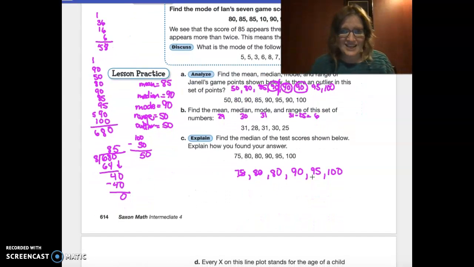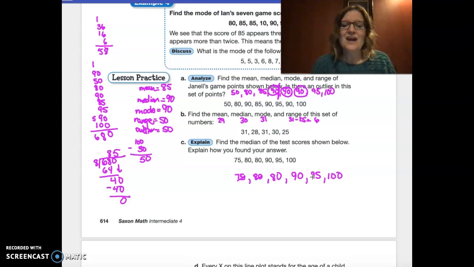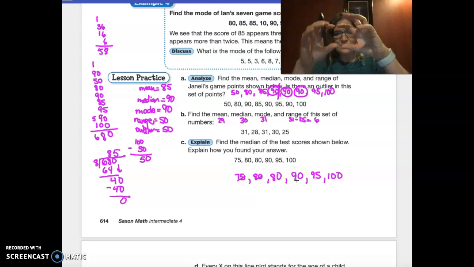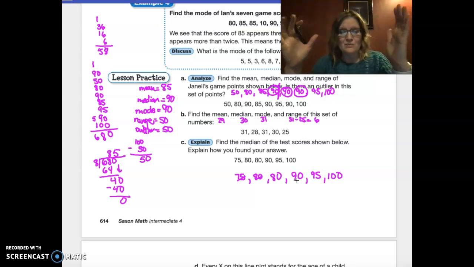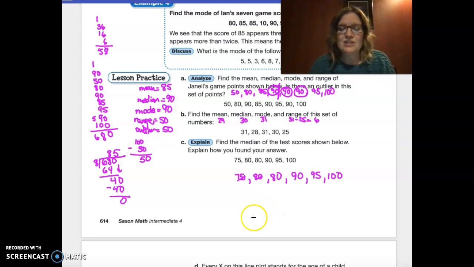On letter C, it says find the median of the test scores shown below and explain how you found your answer. We have this slew of numbers. It's an even set, so there isn't one number that's parked in between. If there's an odd numbered set, then we're great. We just use that odd number. But in this situation,